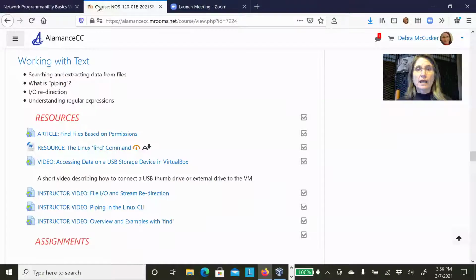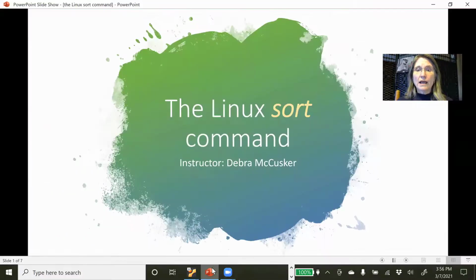Hello, Linux learners. Today, we're going to talk about a very useful command line command in the Linux operating system, the sort command. To start our conversation, I will share my screen and we'll see that we are now in the module working with text, and the sort command is indeed one of the very useful Linux commands for helping us parse through files,